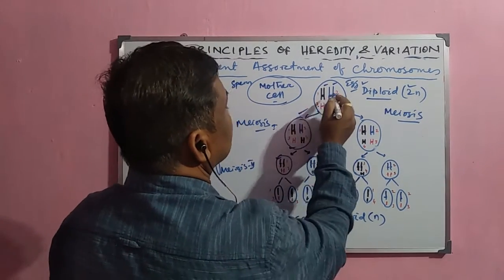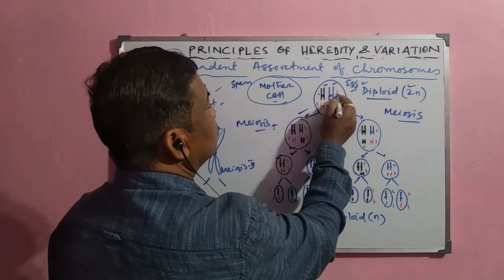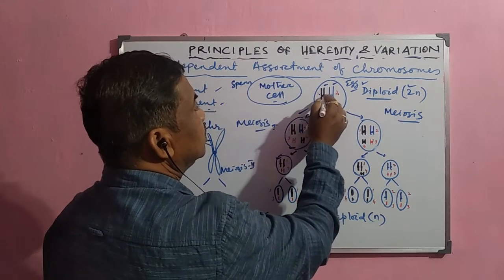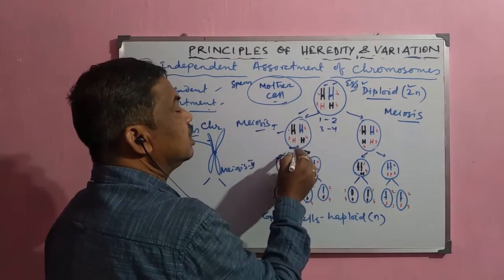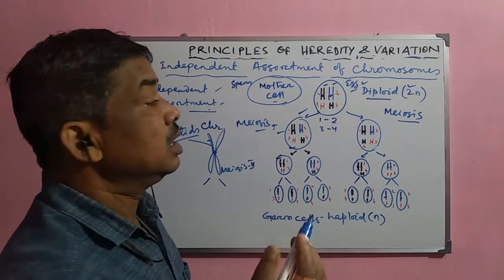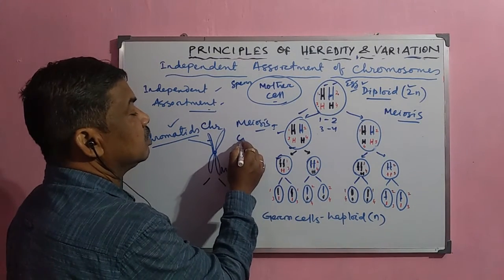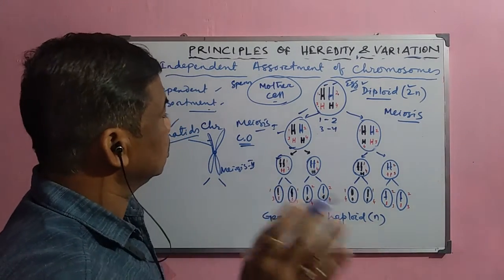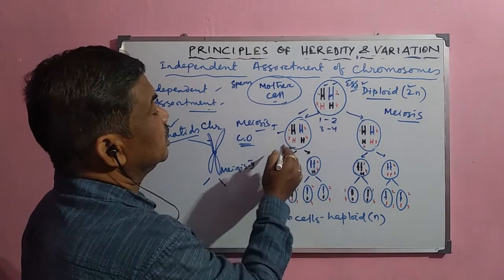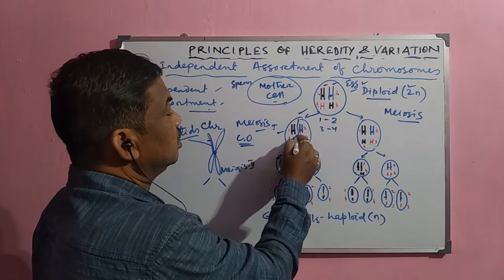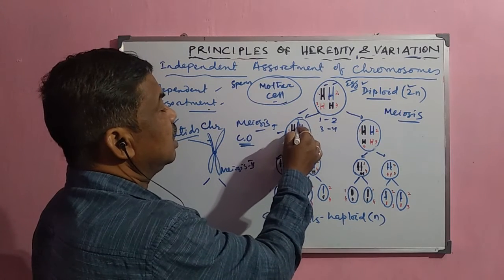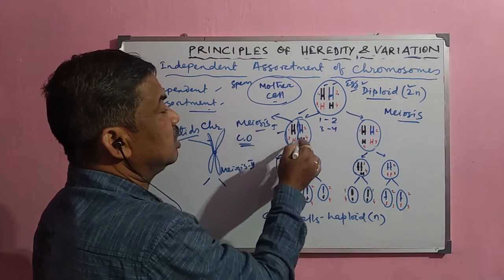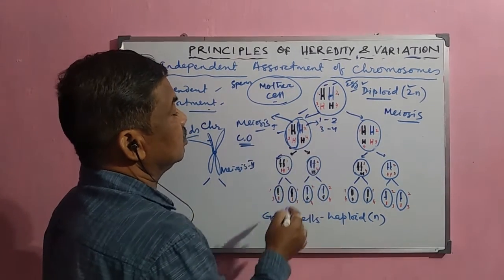Now here 4 chromosomes are there, 1, 2, 3, 4. 1 and 2 are homologous chromosomes and 3 and 4 are homologous chromosomes. So these homologous chromosomes pair together and then separate, because during this phase crossing over occurs, and during crossing over the exchange of segments occurs. Whatever may occur, after that they are separated from one another, and half of the pair, because these are a homologous pair, must go to one cell and the other must go to another cell.